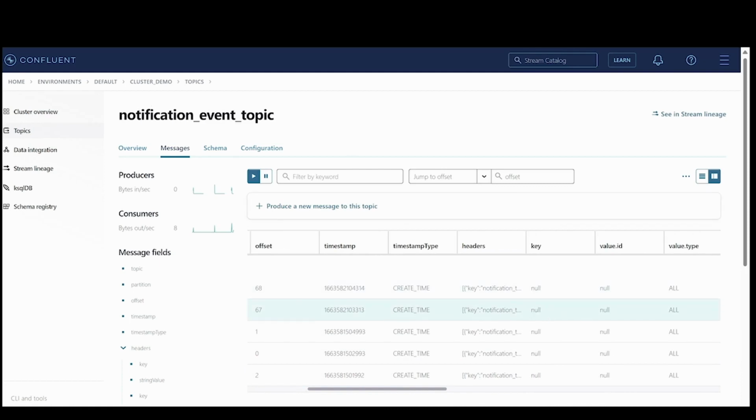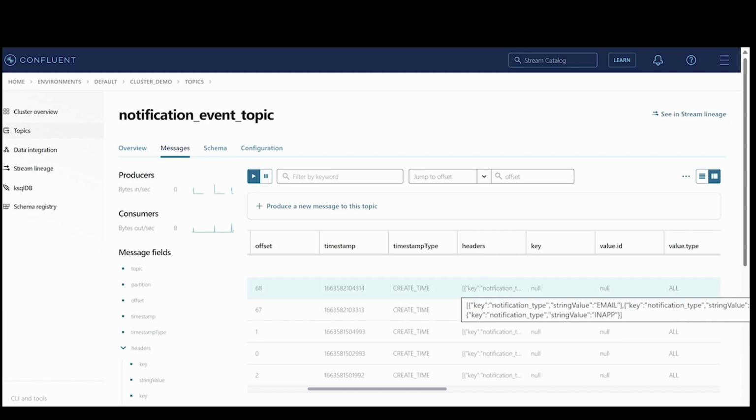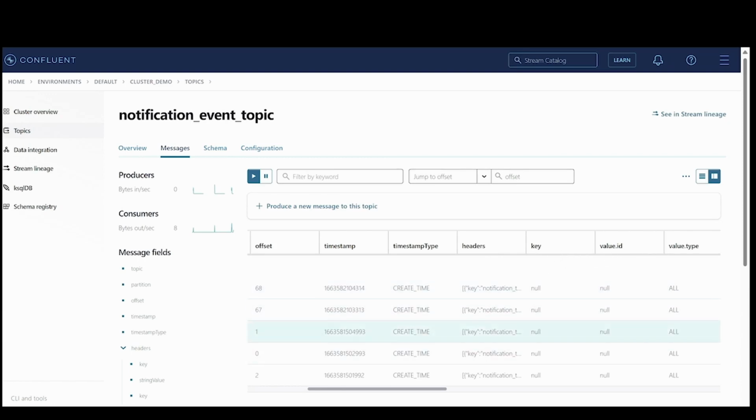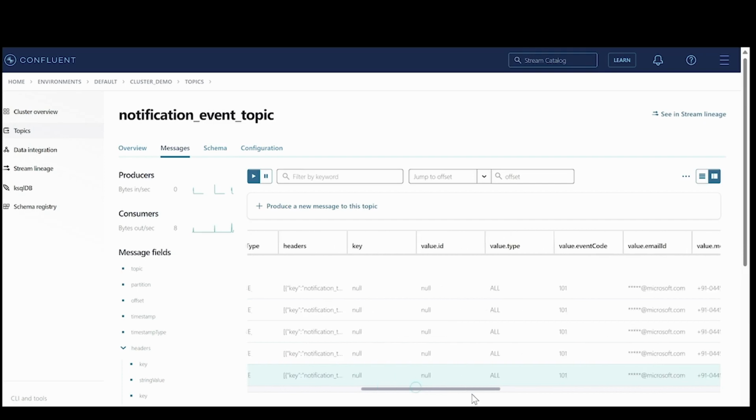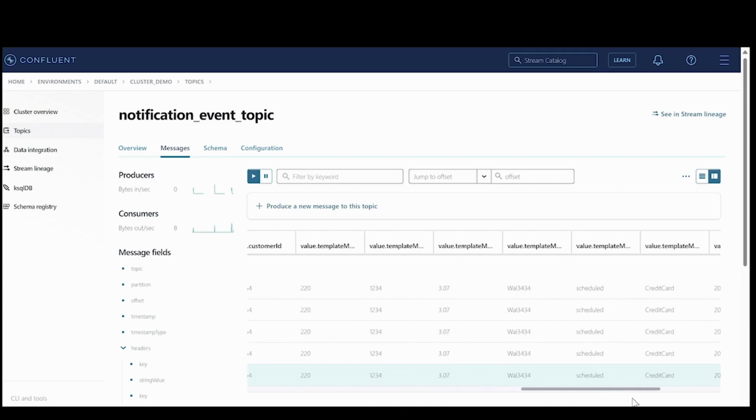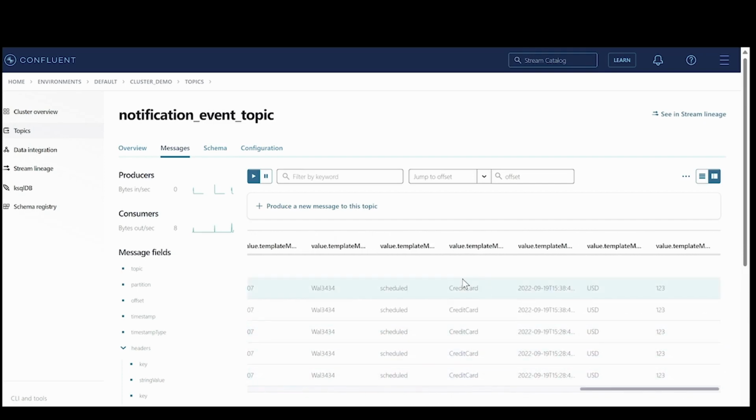In this, you can see the header data is now initiated with the communication mode type, and the Avro generic data is deserialized and populated into various columns. This processing is happening through the Kafka extension code.